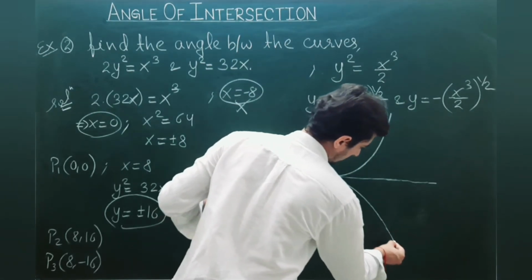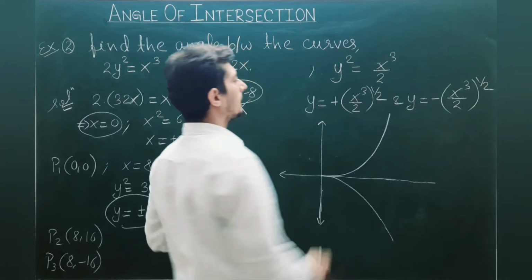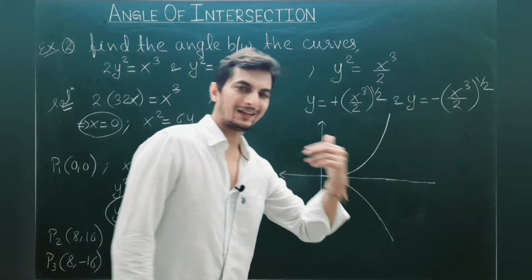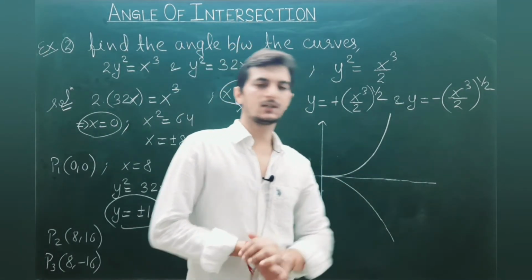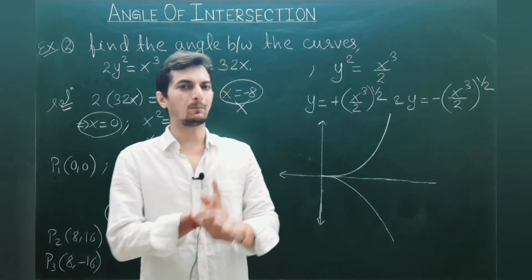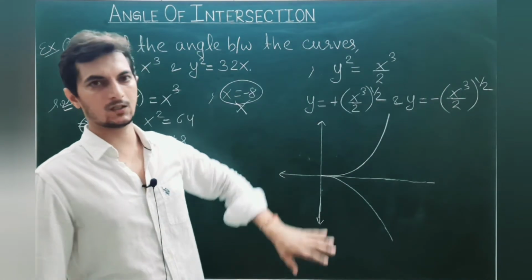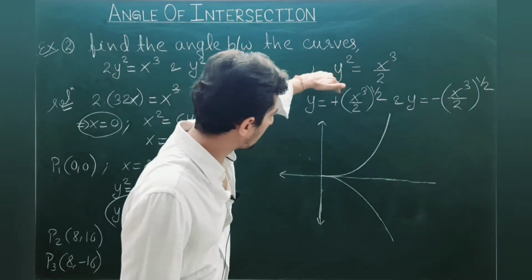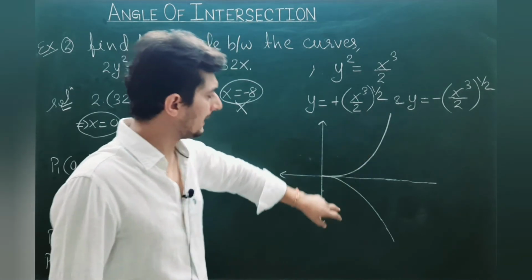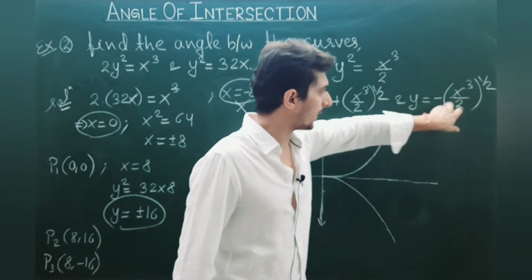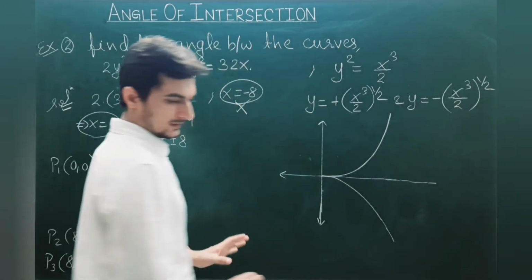Now, of course, you have the question of why these branches are going concave up, why not concave down. Like I said, answers to all these questions will be given to you in coming chapters or by the end of this unit, that is application of derivative. As we finish the application of derivative, you will be able to draw all such curves, right? So this first branch with the positive value of y is x raised to power 3 by 2 upon root 2, and this second branch is minus x raised to power 3 by 2 upon root 2, right? So this is the curve C1.